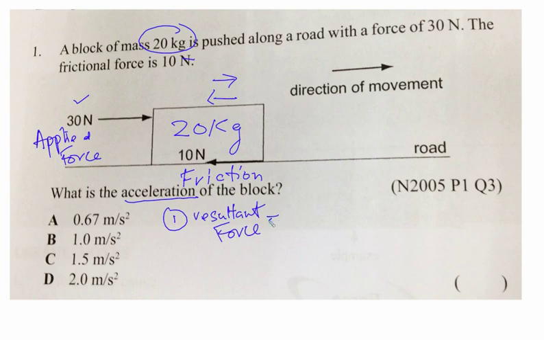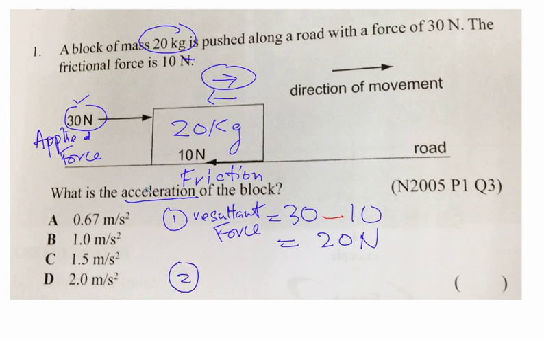So in this case, for my resultant force, I notice 30 is more than 10. So obviously, my resultant force has to move in the direction of the bigger force, which is 30. So I have to take 30, and the 10 Newton is in the opposite direction, so I have to take a minus. Minus 10 Newton. So in this case, my resultant force will be 20 Newton. So from these two forces, I can straight away find my resultant force. And why do I need to find the resultant force? Because I'm looking for the